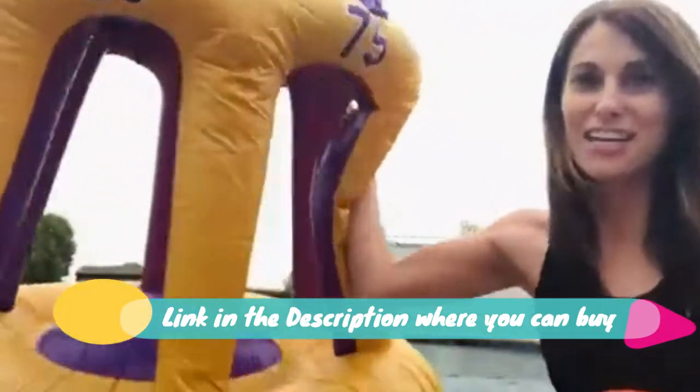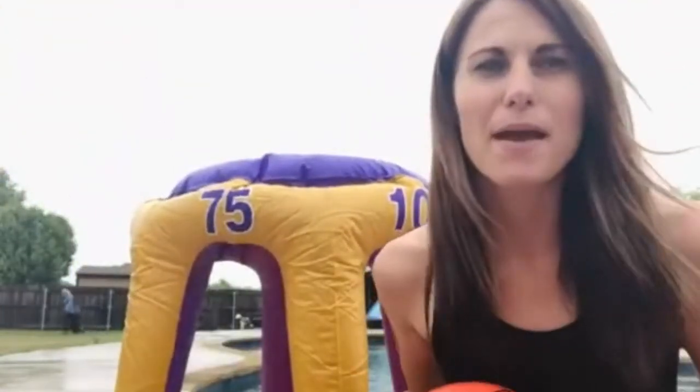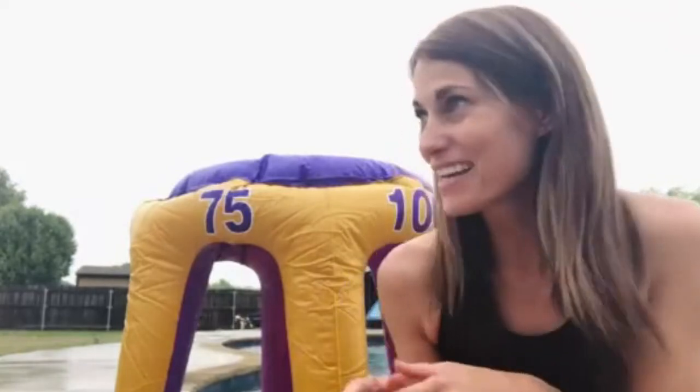6 score holes inflatable hoop. The pool toys feature 6 different points: 10, 25, 50, 75, 100, 500. Players toss basketballs into the goal, then the ball rolls out of the different holes to get the corresponding score. Who gets the most points wins. More challenging and fun for